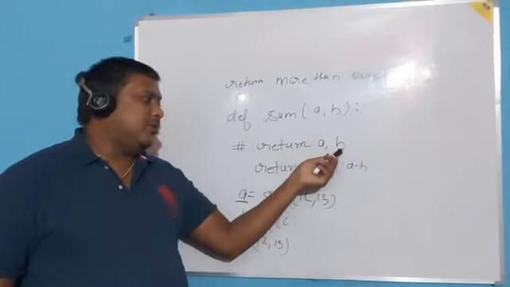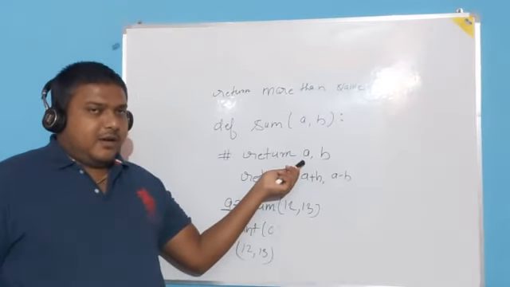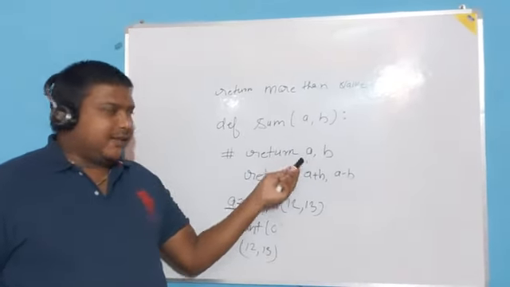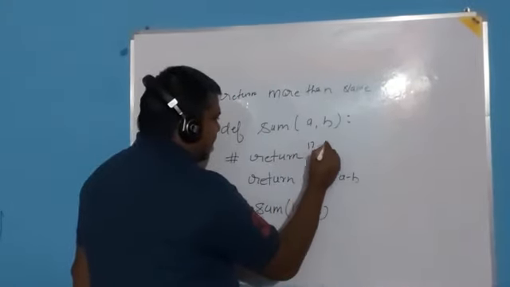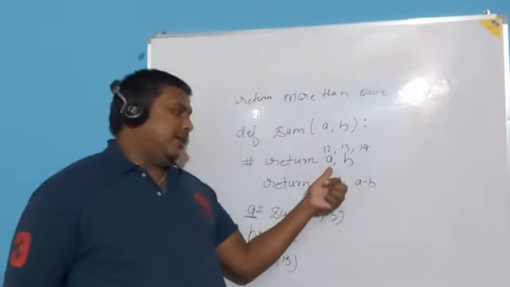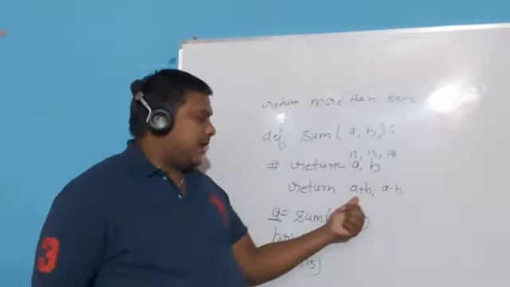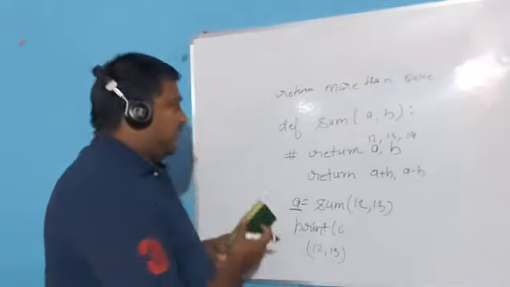If it is two values, then write down the first value. If it is a variable, write the name of the variable. If it is a direct value, you can also write here 12 comma 13 comma 14. And if it is a variable, then the name of the variable. If it is an expression, write the expressions separated with a comma. So this is all.